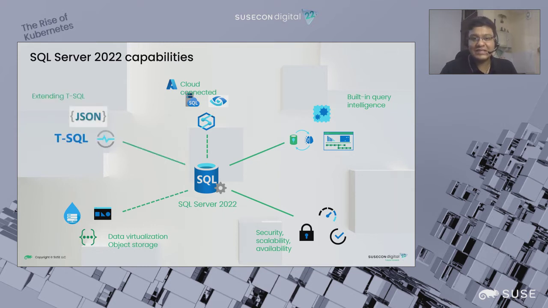Last but not the least is the T-SQL expansion that we've done. The time series functions that you could use with Azure SQL Edge, now you can use with SQL Server 22 on-prem. The T-SQL system functions have been enhanced. You now have GREATEST, LEAST, all of those functions added to your T-SQL arsenal. Similarly, there are enhancements to the JSON system functions that were available. So there are a lot of enhancements added to SQL Server 22.